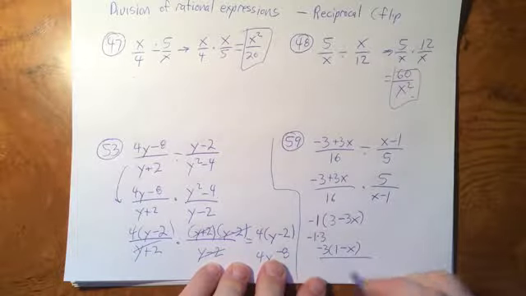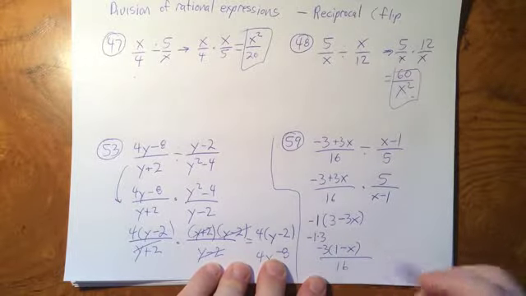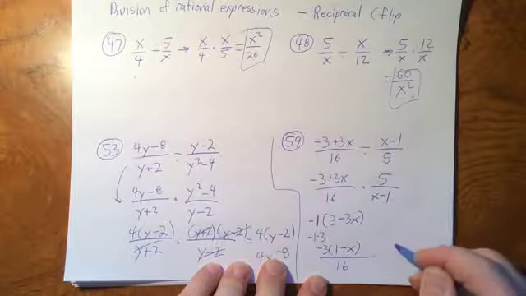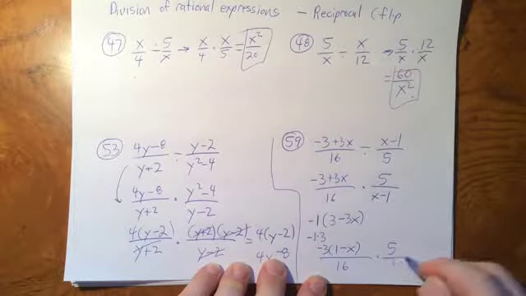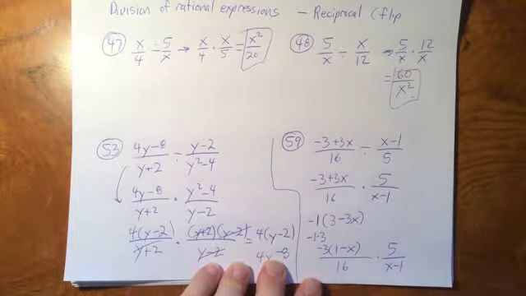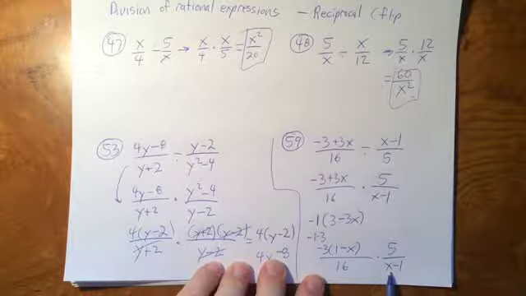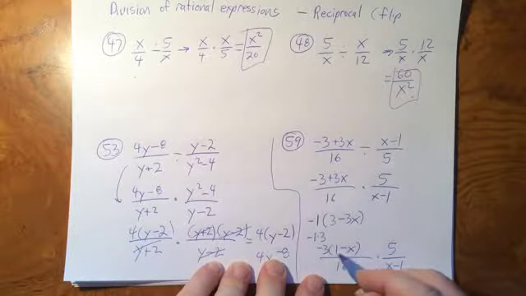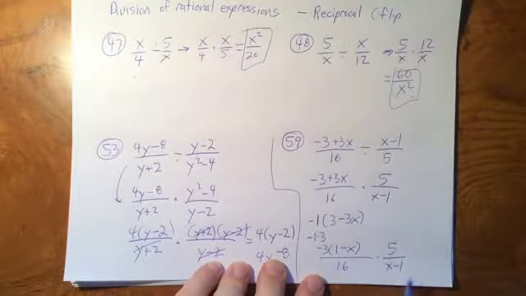So now let's write out the remainder of this problem. Well, 5 and 16 won't reduce anything. 3 won't divide into 16 or vice versa, so none of that reduces. However, we do have 1 minus x over x minus 1. And as we mentioned before, because this is an a minus b over b minus a relationship, this reduces now